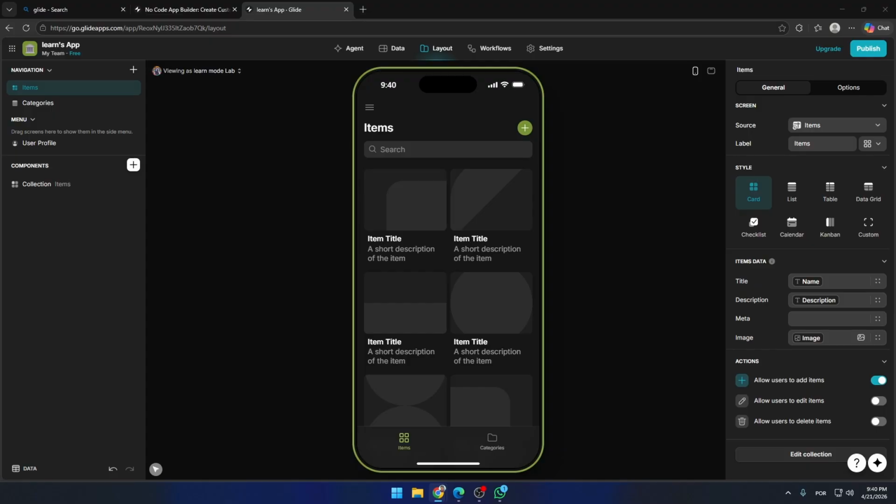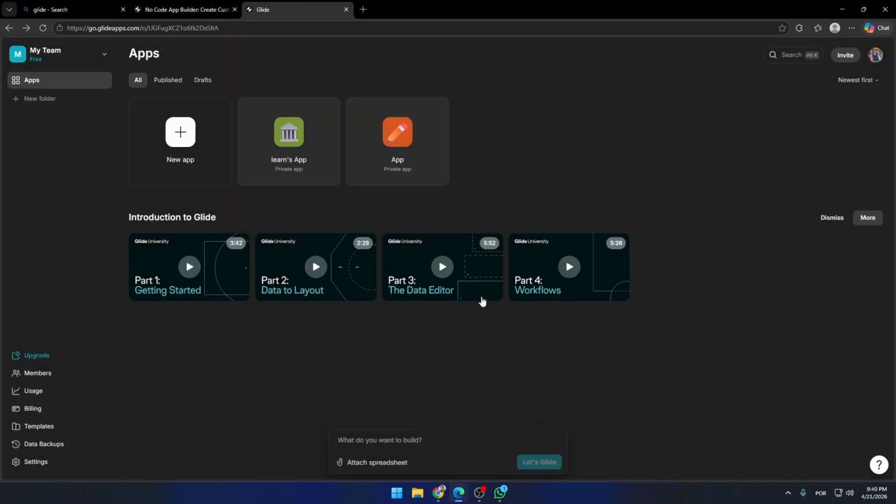Once you're in, click New App and choose your data source. You can start with a Google Sheet, an Excel file, or Glide tables built right into the platform. Next, connect your data and watch Glide instantly turn it into a working app. Every row becomes a screen, every column becomes a field, and you get a fully functional mobile and web app